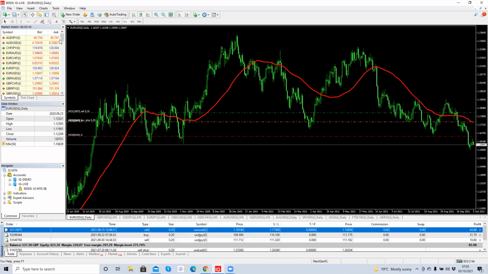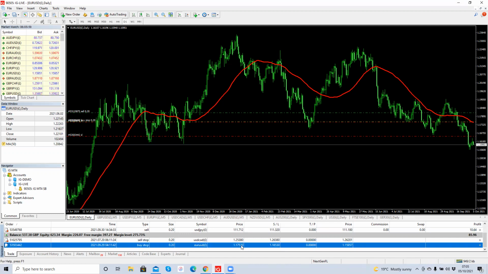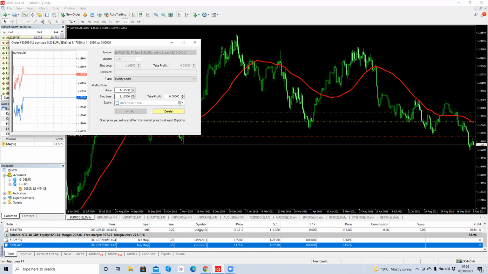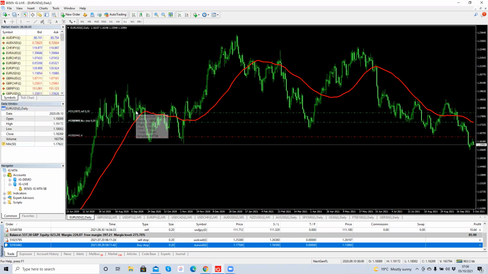So we'll start with the swing trading. Looking at the daily time frame for the euro US dollar, the moving average today is 1.1748. So I'm just going to adjust my pending buy swing trade order to 2 pips above that, to 1.1750, with a 100 pip stop loss. So I'll just modify that. So that's my swing trade done for the euro US dollar.